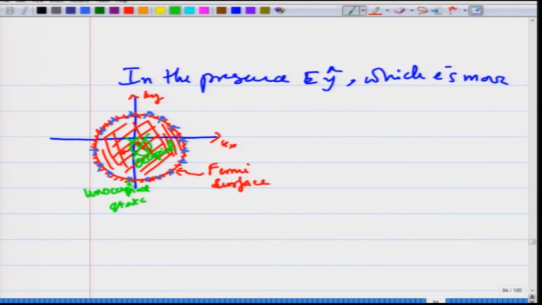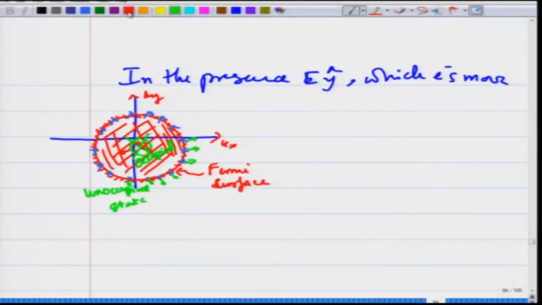But these electrons can move into states which are still lying vacant above the Fermi energy, and as a result the movement will be only of those electrons which are present on the Fermi sphere. So, there is a net motion of these electrons. The electrons sitting on the Fermi surface start responding to the electric field and there is a net movement of the electrons, and this is shown in this way, that because of the electric field,